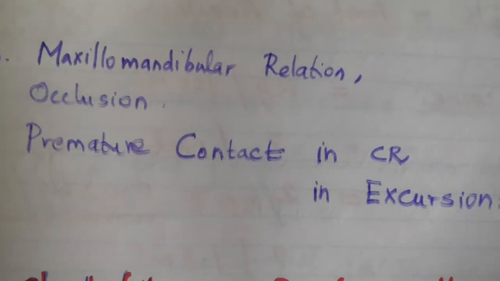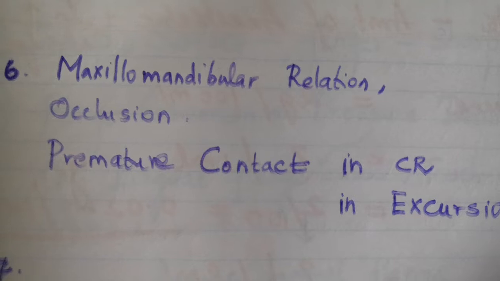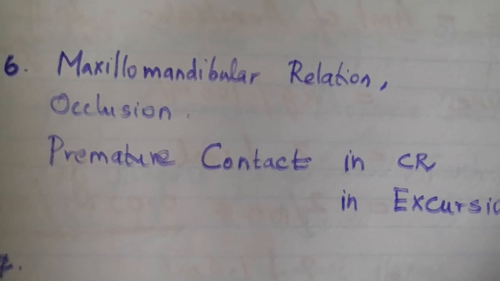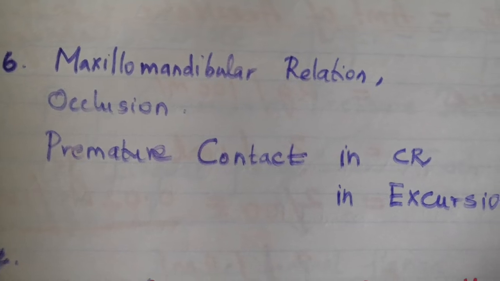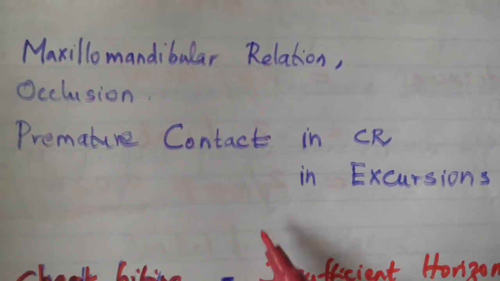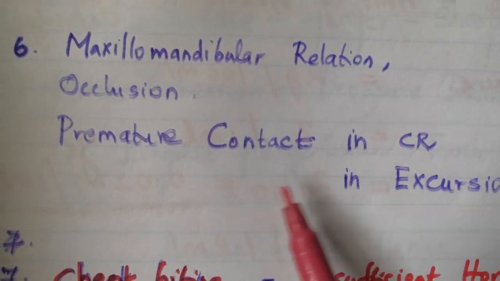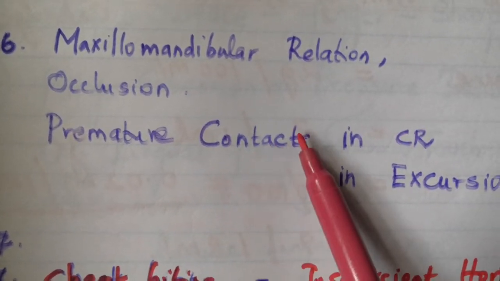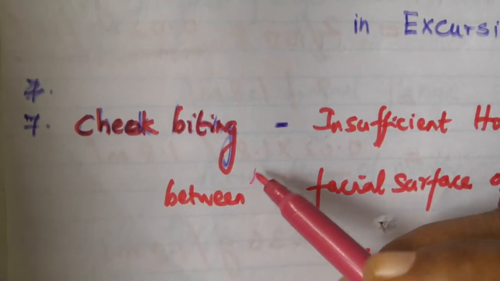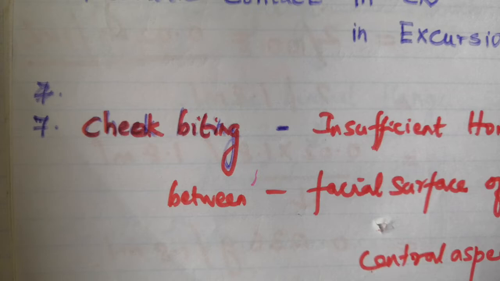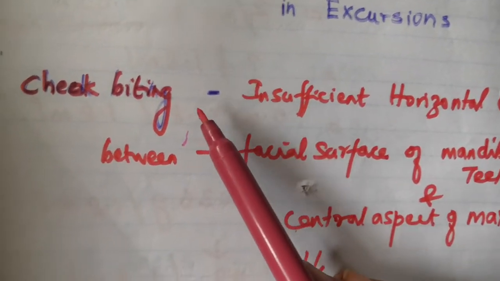Then check the maxillomandibular relationship in occlusion and also in centric relation, so that you can find out premature contacts in the centric relation position, and then ask the patient to do excursions. After you finish checking the premature contacts in centric relation, go on to the excursion movements. Also look for the horizontal overlap between the maxillary and mandibular teeth,